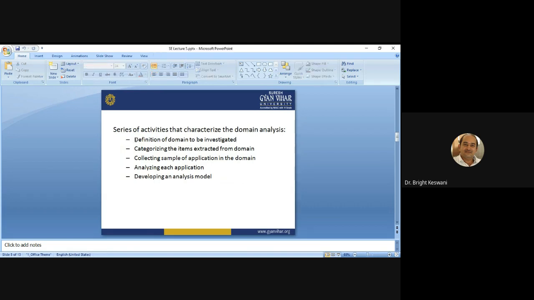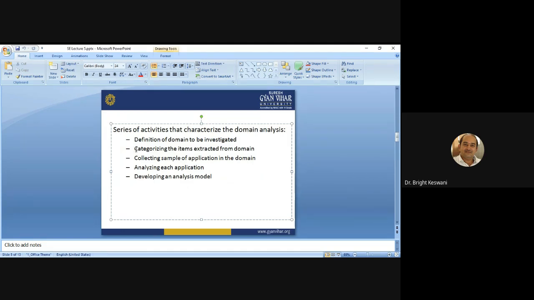The first activity is definition of the domain to be investigated. The product category has to be isolated. Then object-oriented items and non-object-oriented items must be extracted. In the second activity, categorizing the items extracted from the domain, the items are categorized and the general definition categories of domains are defined.